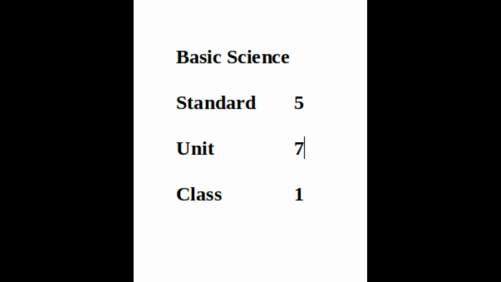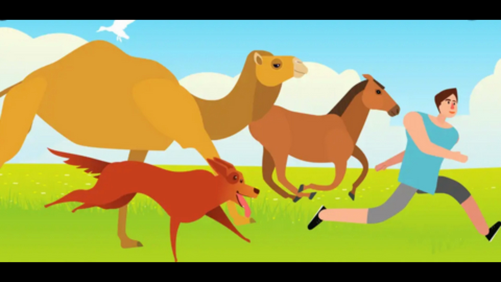Welcome to Basic Science class. We always think that man is superior to other living beings in all aspects. But is this correct? We are superior to other living beings only in the case of our brain. There are different organisms who exceed man with their extraordinary abilities.